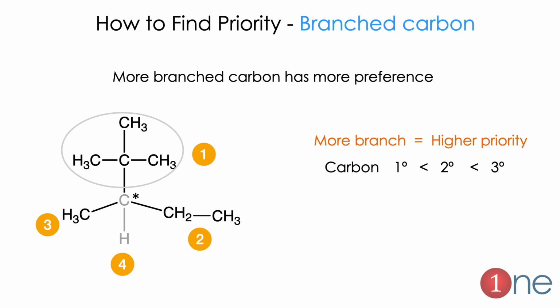So here is another interesting case. You have branching here. The chiral carbon is attached with tertiary butyl, ethyl, hydrogen, and methyl. Methyl and ethyl are fine, because we already know that in methyl the carbon is attached with hydrogen atoms, and in ethyl the carbon is attached with another carbon atom. But in tertiary butyl you can clearly see the carbon is attached with 3 carbon atoms, which I have circled here. So the carbon attached with more carbon atoms gets higher priority. In other words, tertiary gets higher priority than primary. So if you arrange them, tertiary comes first, then secondary, then primary, then methyl.